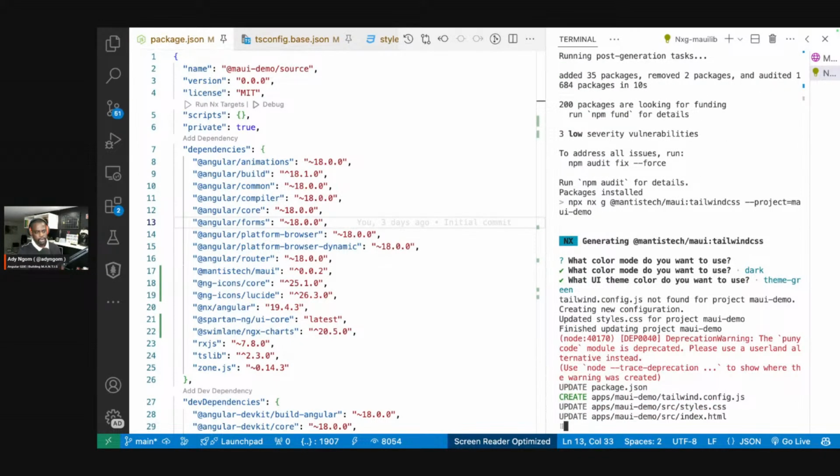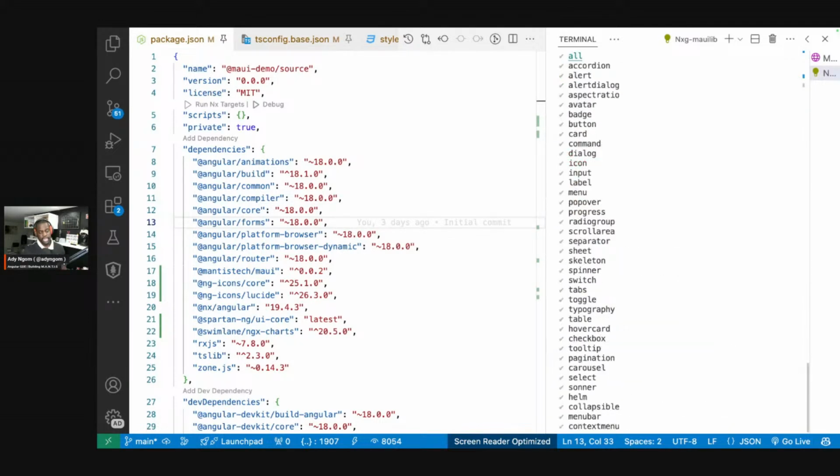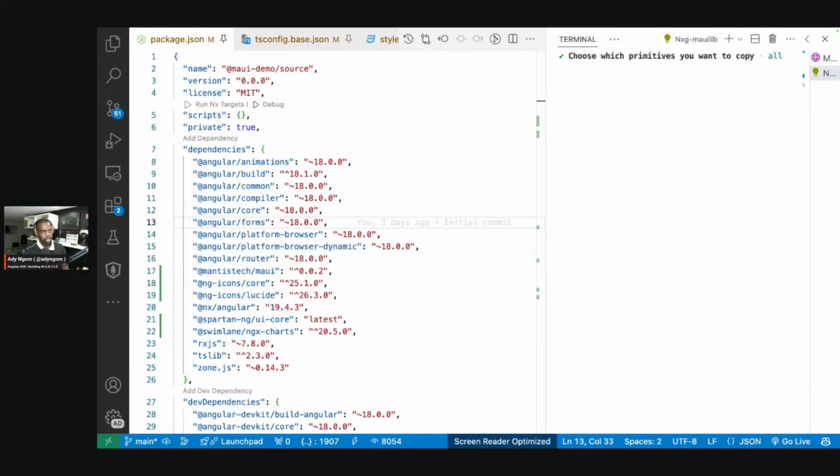And then what it's going to do, you see, it's going to create a tailwind config for you. It's going to update your style CSS, and now after it has done that, it's going to start putting together the Spartan UI. So the Spartan UI is the baseline for Mantis UI, Maui. So I'm going to select all here. I want all of them, so I don't have to pick and choose later on. And then now it's going to copy all of those